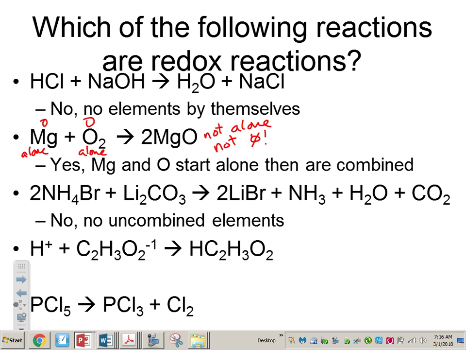Everything is always in a compound. So that's not going to be a redox reaction. Now, the next one is really the one where I'm going to get you if you're not paying attention, because